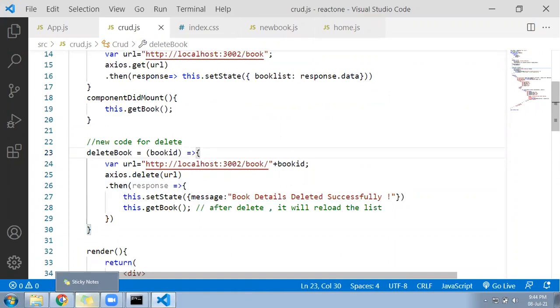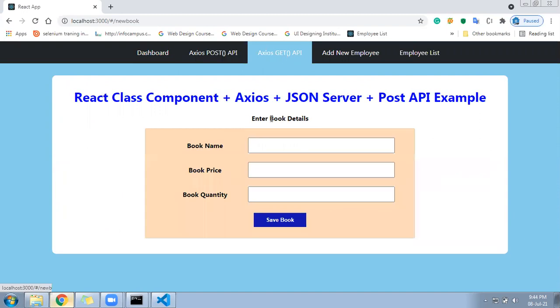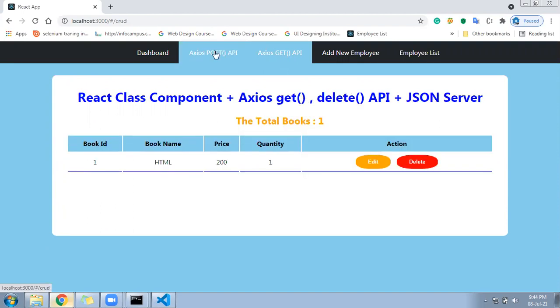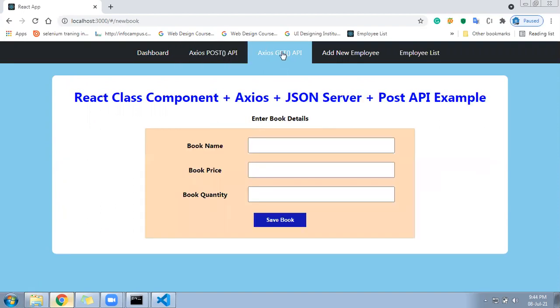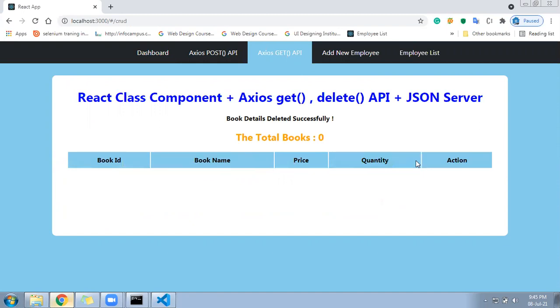Again, I'll give the tip while implementing anything from the video. You play the video, implement it. Again, play the video, implement it. It will take a little time, but you will understand. Okay, so hope you understood the concept. In this channel, there is a first video that is for the listing purpose, a second video for the saving purpose, and the third video is for the deleting purpose.